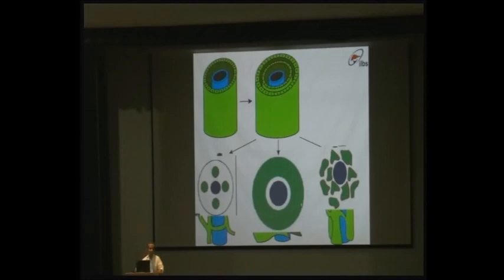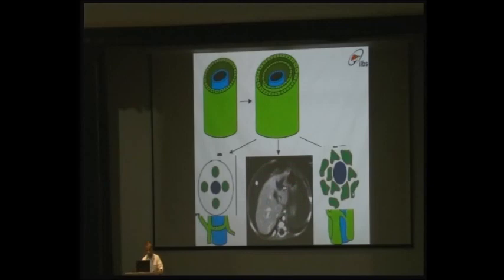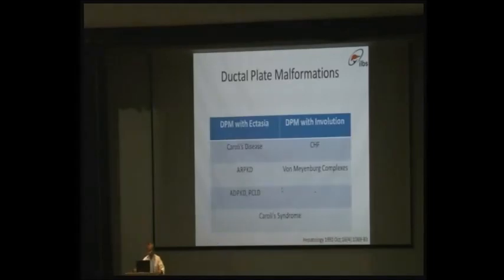The portal vein becomes more prominent, and around the portal vein there is a cystically dilated structure. This is the appearance of typical ectatic ducts around the portal vein. So this is the picture on the CT: dilated ducts, and in the center we can see a dot of portal vein. Ductal plate malformations are classified as whether they may be ectatic or there may be problems with